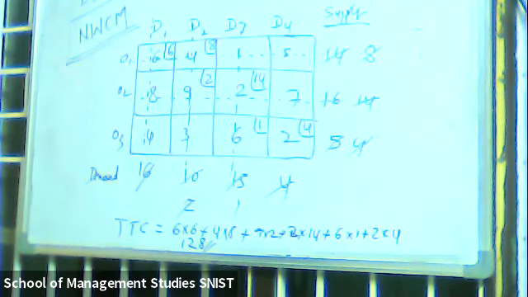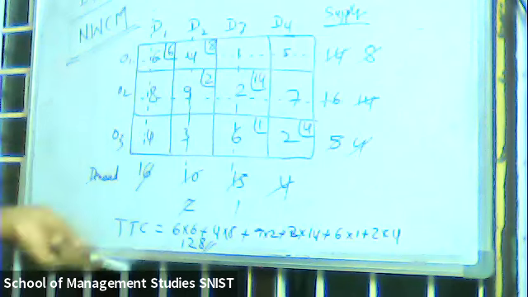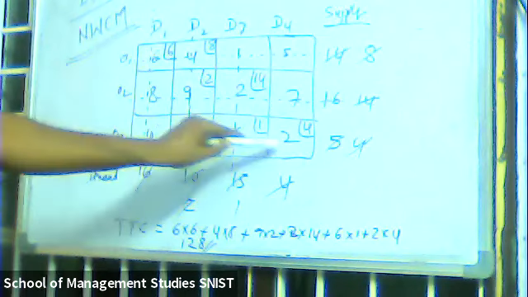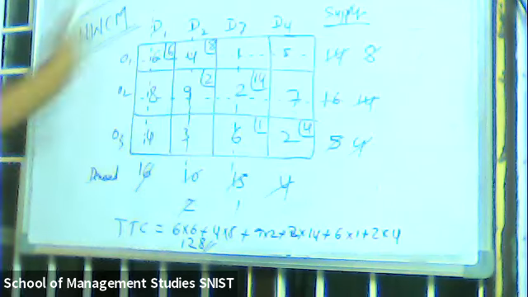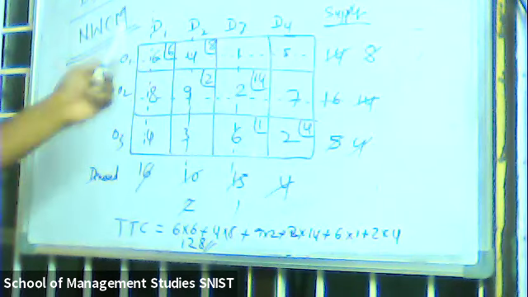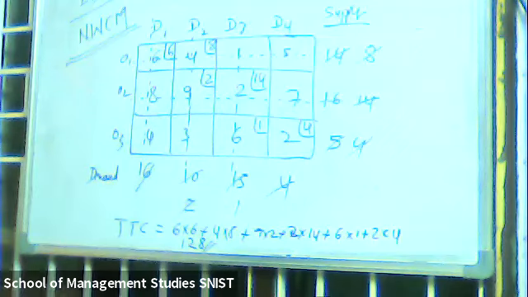Yes, sir. This is called the northwest corner method, even if they give n number of problems, same procedure, because we are going to start from here and end here, which is why it is called the northwest corner method. It is also called the stepping stone method. So we are going in a stepping stone, right? It looks like a stepping stone, which is why it is called the stepping stone method.